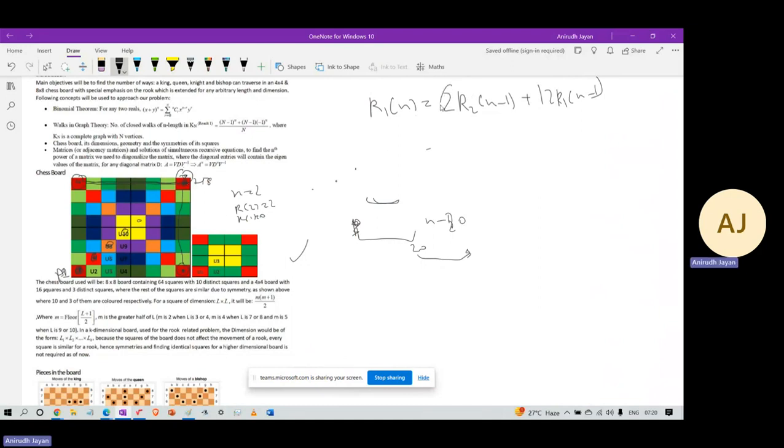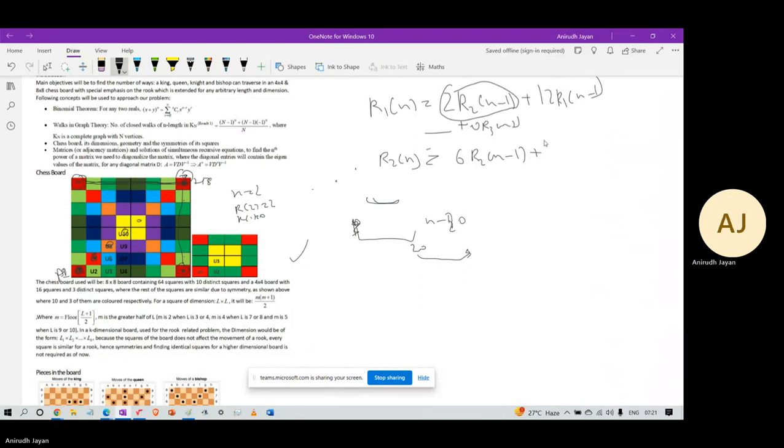Therefore, 2 times R2 n minus 1 comes here. And 12, and since it has not reached H8 already, therefore it's 0 times R3 n minus 1. And R2 of n, that means the number of ways to move from here to here is how much? Well, how many squares are in between? 1, 2, 3, 4, 5, 6. So 6 R2 n minus 1